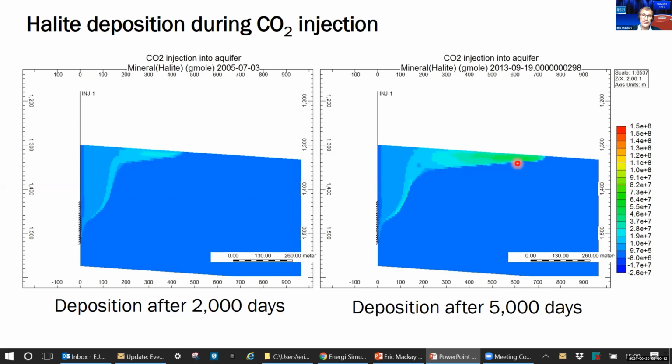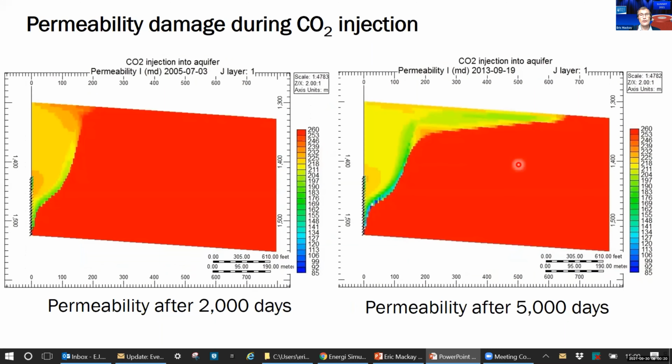Don't be fooled by that. That is a consequence of the radial model, and we actually have larger volume grid blocks, so we expect a higher mass. But if we move on and look at the porosity, and in fact the permeability change that is caused by the deposition of halite, we can see that the biggest changes in permeability occur, some of them quite close to the injection well perforations, in that zone round the well, at the boundary between the